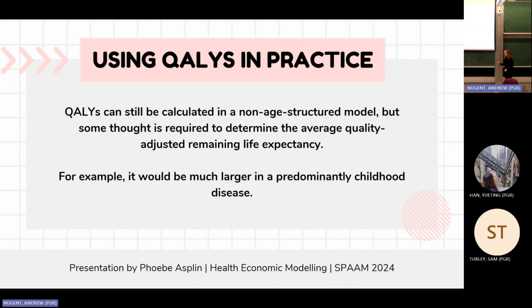It just requires a bit of thought, because you can't really just take the average quality adjusted life expectancy across the whole population, because diseases can vary a lot in terms of who they predominantly affect. So if you had a predominantly childhood disease, you would have much higher